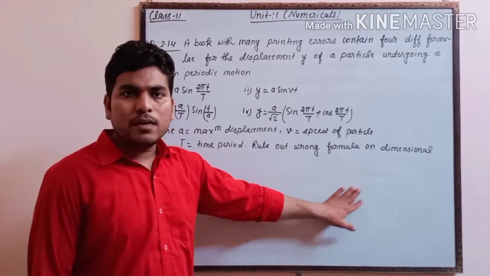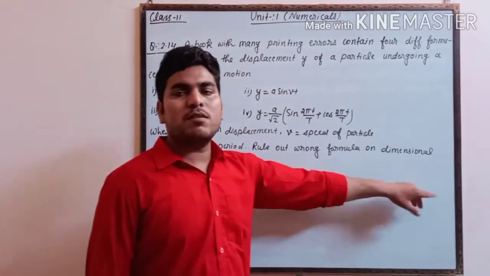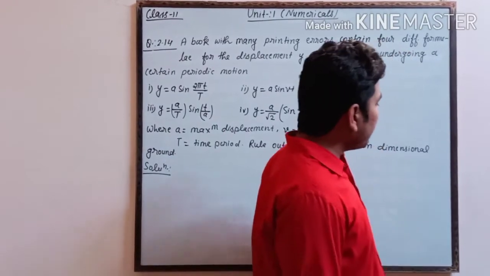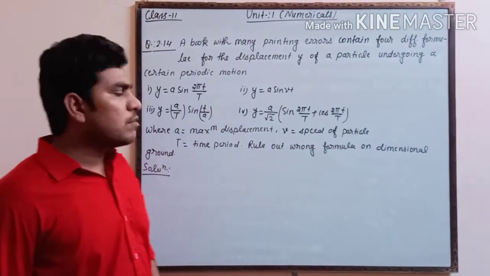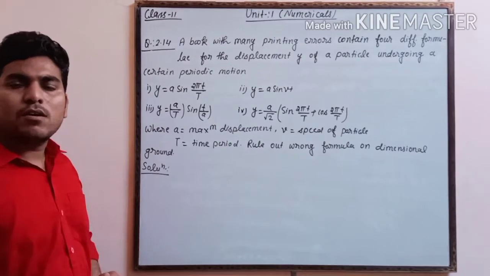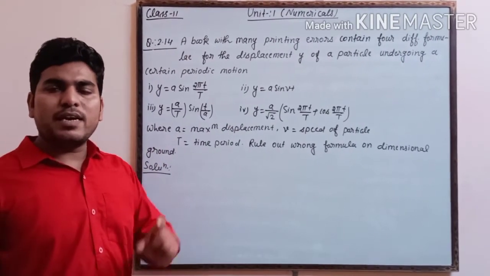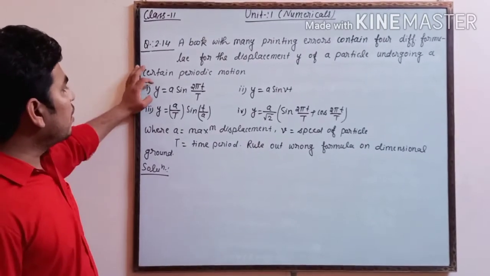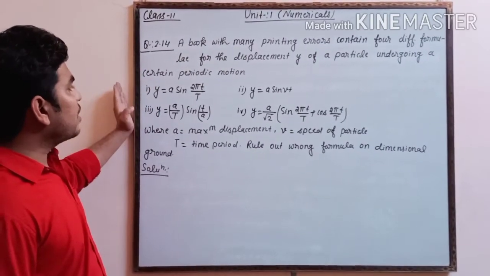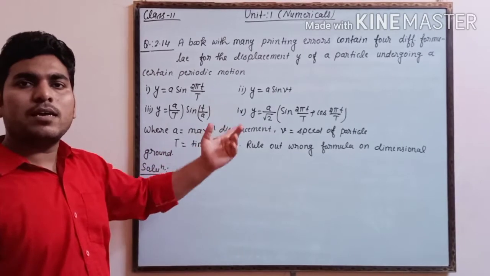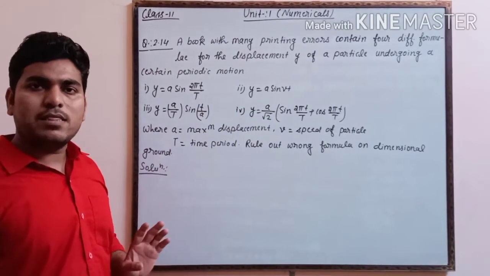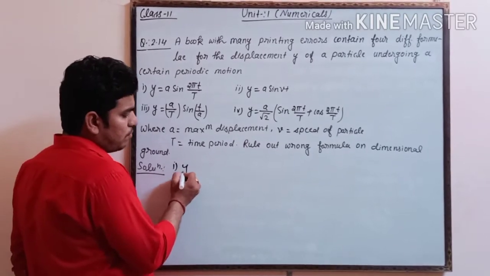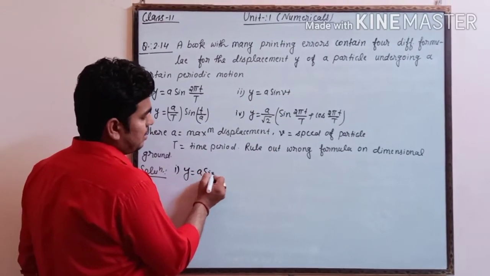हमें गलत फॉर्मूला बताना है, किसकी बेस पर, डायमेंशनल बेसिस। आपको याद होगा डायमेंशनल एनालिसिस का एक एप्लीकेशन था, चेक आउट द डायमेंशनल करेक्टनेस ऑफ ए गिवन फिजिकल क्वांटिटी। यानी डायमेंशनली कोई भी फिजिकल क्वांटिटी करेक्ट है या नहीं है। उसमें क्या करते थे, एक फिजिकल इक्वेशन है, LHS की डायमेंशन और RHS की डायमेंशन इक्वल है तो वो फिजिकली करेक्ट है, अदरवाइज नहीं है। तो यहाँ पे हम वही करेंगे। द फर्स्ट वन इज y इज इक्वल टू a sin 2 pi t अपॉन T।